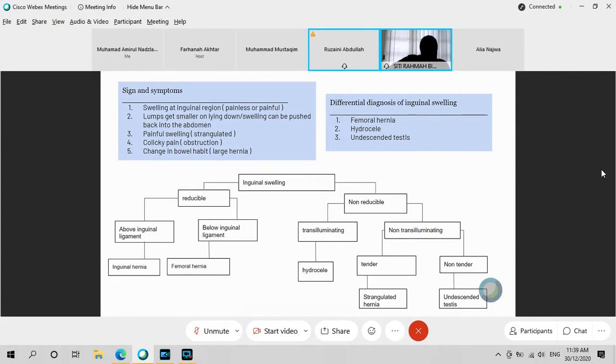Because I think these 3 are the easiest to understand. Just because the others you cannot understand doesn't mean that you don't have to know. You kena take shortcut. What if the examiner asks you for 5 differential diagnoses? You nak cakap apa? Dalam kelas kita belajar 3 je, doktor. Takkan nak jawab macam tu?